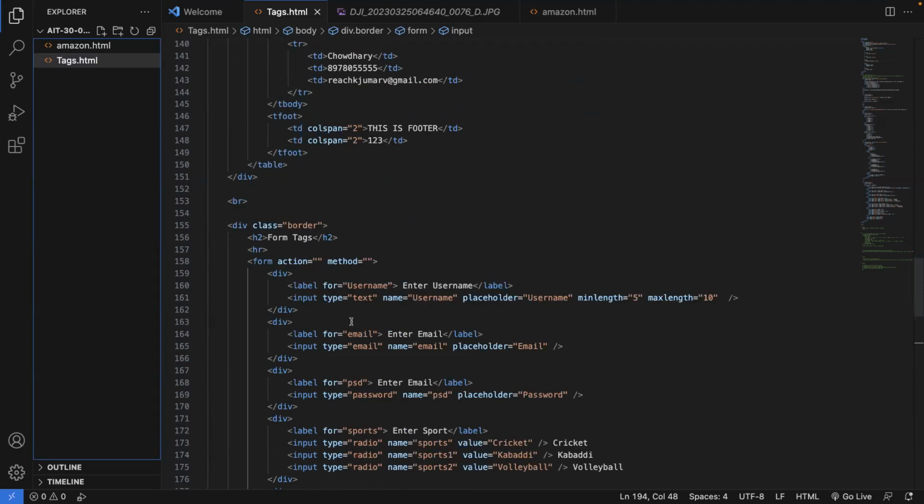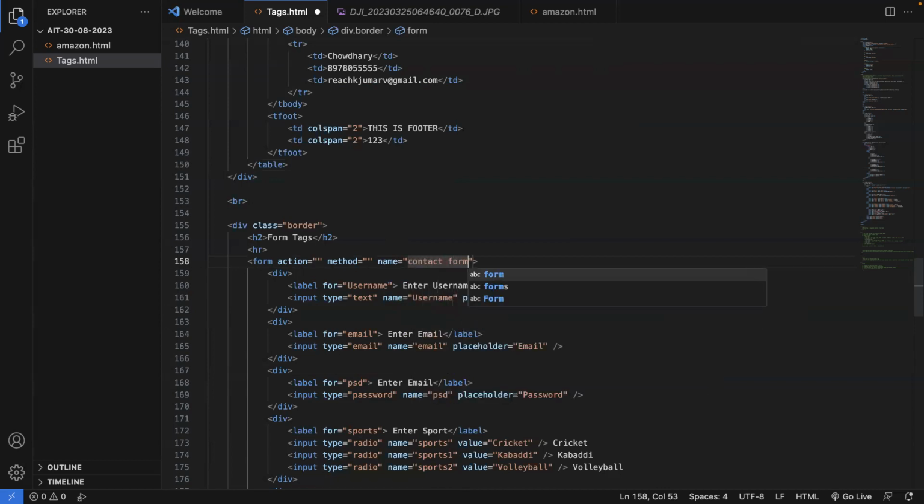More. I forgot to tell one thing. However important action and method are for any form, whether client side or static form or dynamic form, there is one attribute that is mandatory. That is the name of that form, contact form, for example. That form name is very mandatory. Why? Because, for example, just imagine